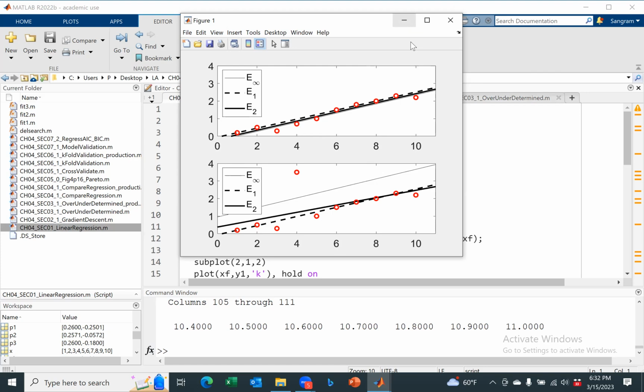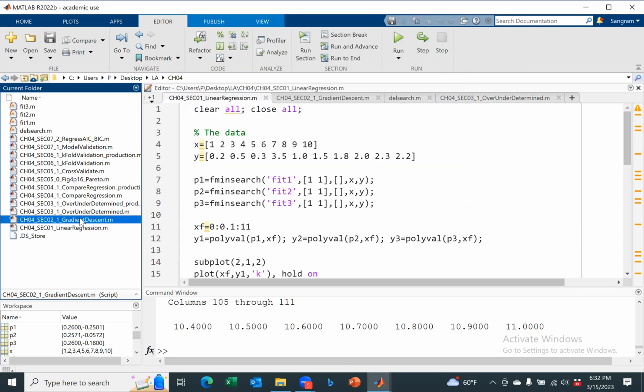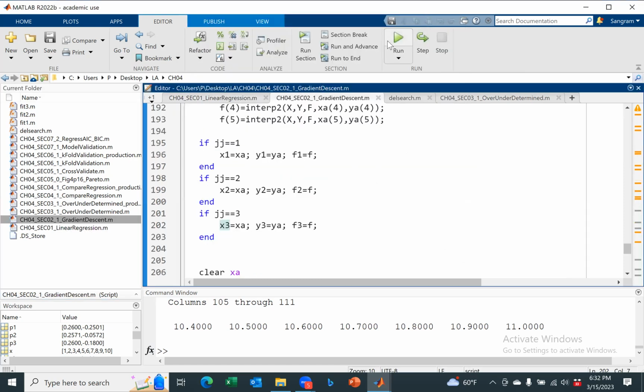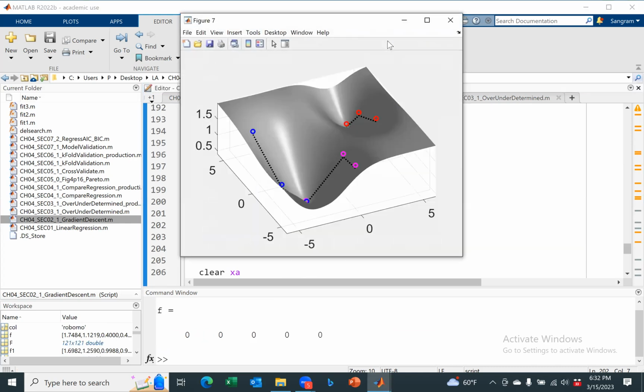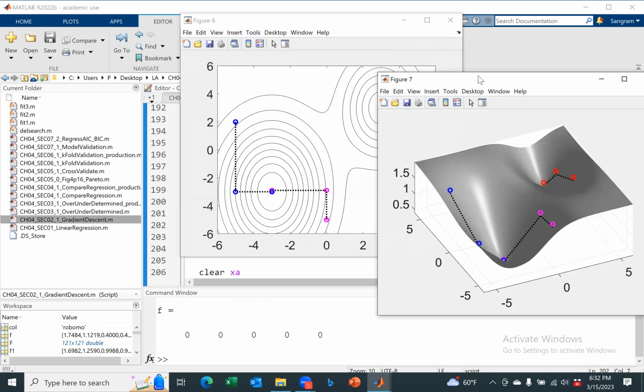So what I'm going to do is quickly go through gradient descent. And I'm going to run this code. So I will run this code. And this code, as you can see, is